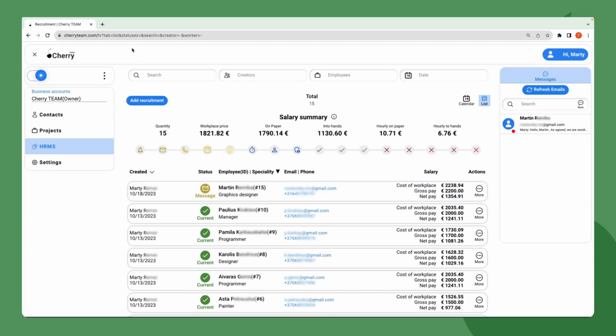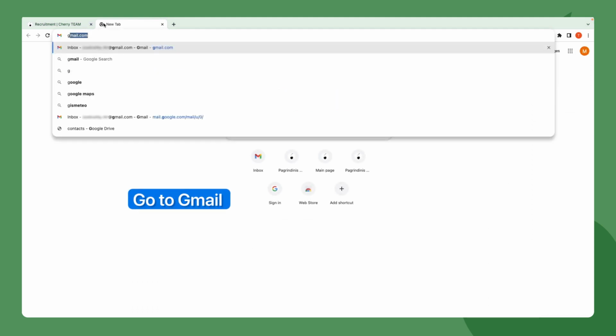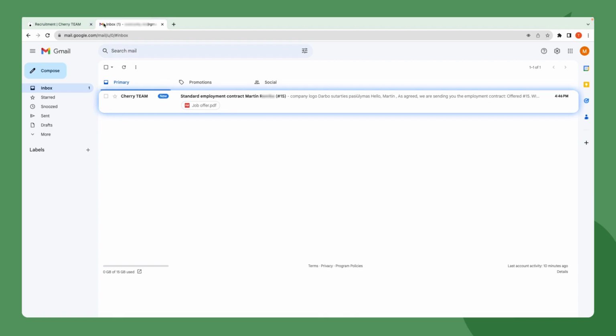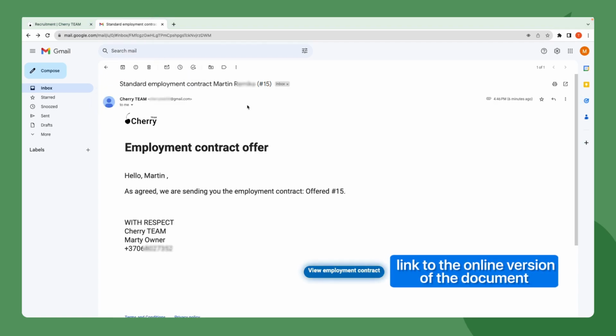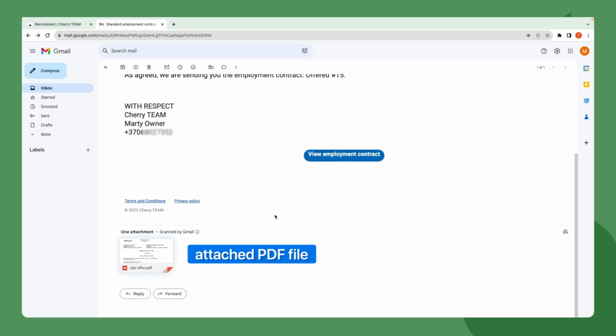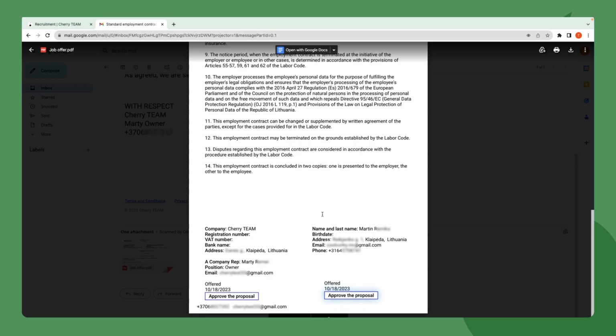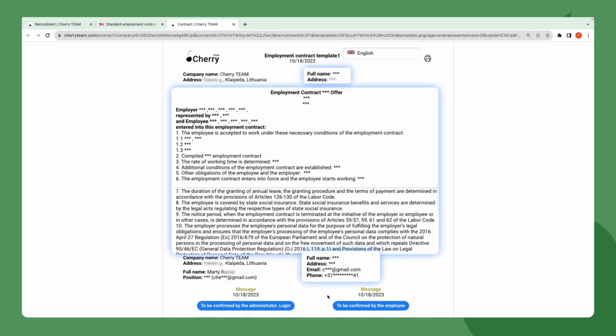Now, I'll demonstrate how contract confirmation online works. For this, I created a Gmail to which I sent the job offer. I see a message in the inbox. I open the email and see a button with a link to the online version of the document and an attached PDF file. I click on the file to view it. At the very bottom, there is also a Confirm Offer button with a link to the online version of the contract. I click on Confirm Offer, and in the new window that opens, I see text with encrypted personal data